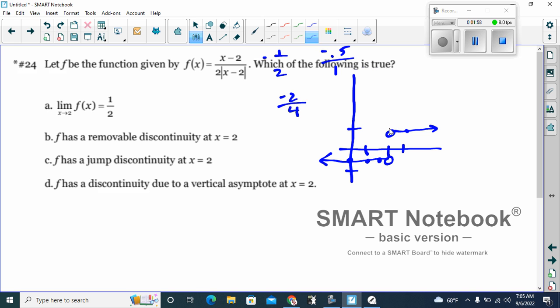That's +1/2, not +1. Anyway, the graph looks something like this, which means that I have C, a jump discontinuity at x equals